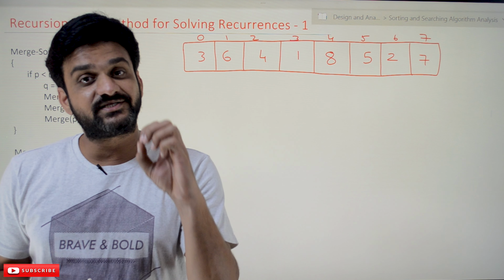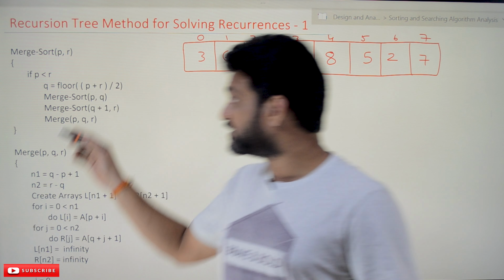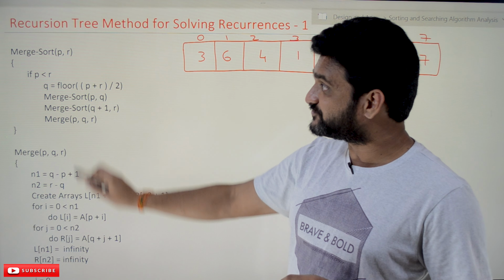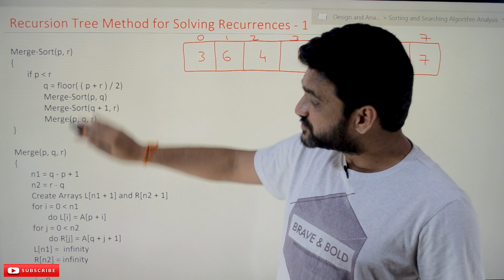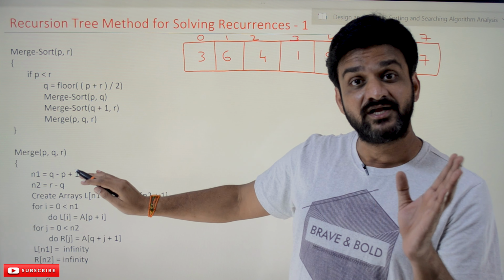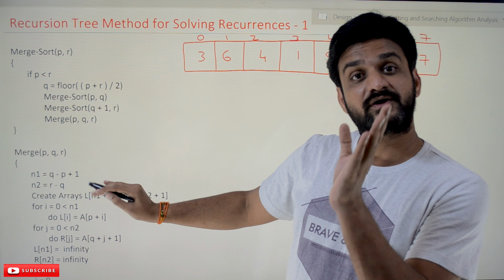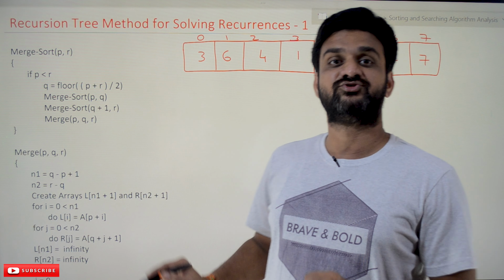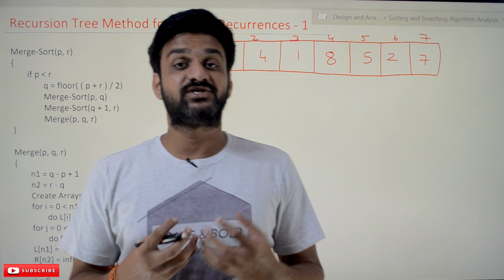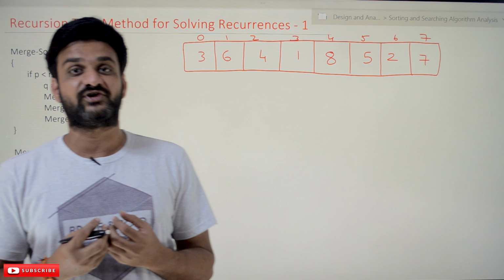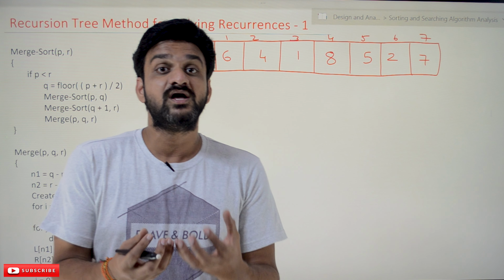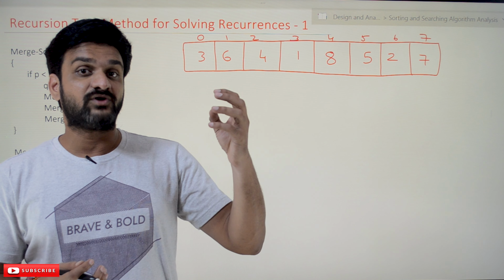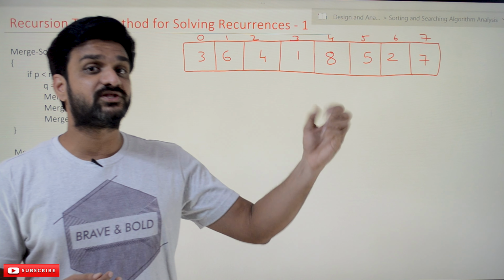We will try to understand that concept by using the algorithm which I covered in our previous class, which is merge sort. Using this merge sort algorithm, we are going to understand how to find the efficiency of recurrence functions by using the recursive tree method. First, in order to find the efficiency of recurrence functions, we have to draw the recursive tree.